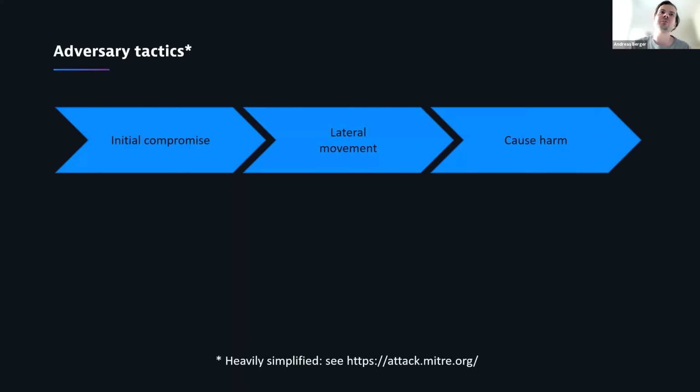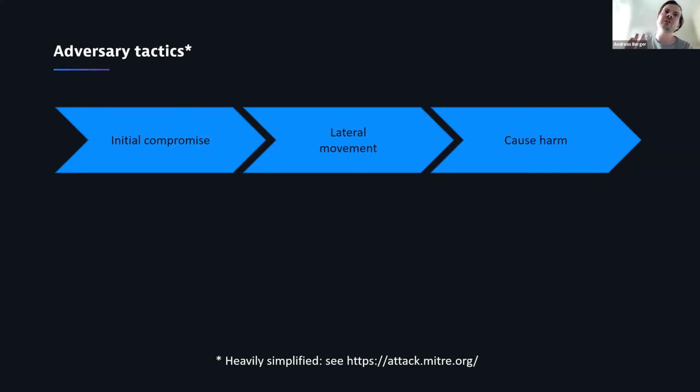What does an attacker do when he attacks a system, and in case of Tesla, for example, then runs a miner? I've here very much simplified a model that is very popular from the Mitre organization. You can have a look at the link if you're interested. So basically, that's an explanation of what techniques and tactics attackers do have in order to be able to classify these kind of attacks, and in order to understand them better and develop countermeasures. So this is a very much simplified model here, but it's correct, right?